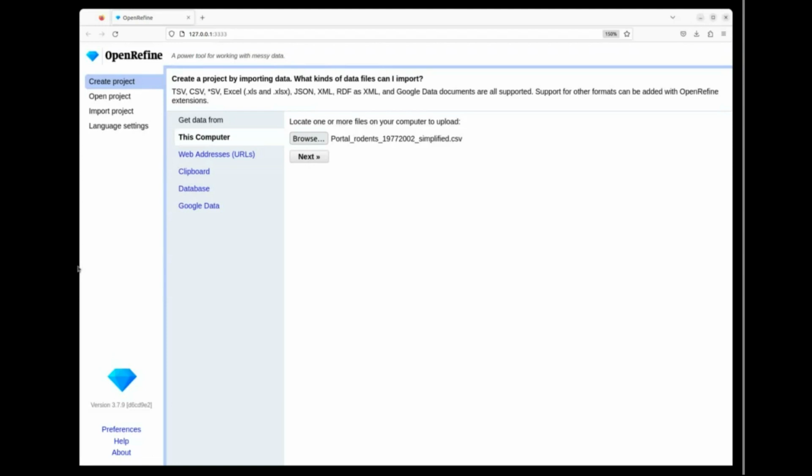If you've got the data, you can create a new project. If you go ahead a bit in the materials,